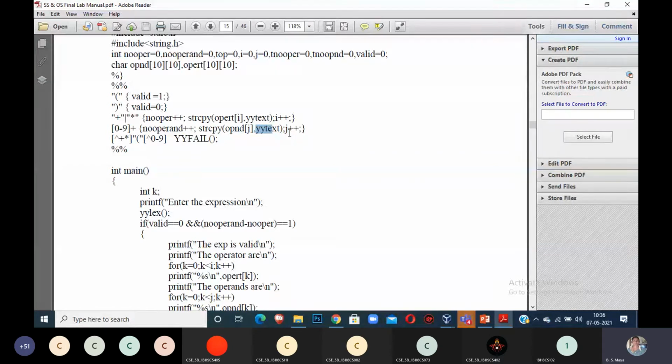Let me go for the invalid condition. Other than plus and star, I am writing in the character class. I am taking it for the plus and star. Except plus and star, if you read any one of the characters before that, for example 2 minus 3, if you use minus, then minus is not available in my given question. Then you can get an error.